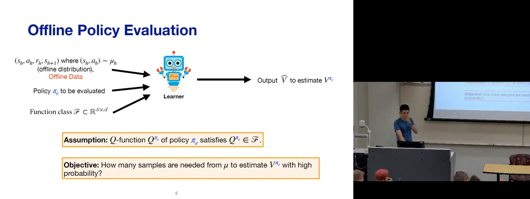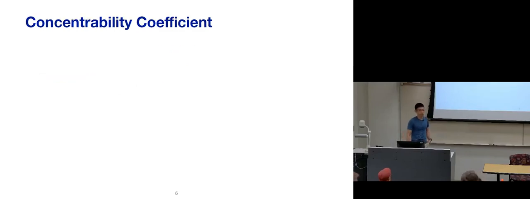What we're trying to do is, under the expected version, or maybe we can call it an L1 version, it's the expected value of the absolute value of v hat minus v pi e, and we denote this as the error of the approximation. So it's somehow like the L1. Okay. So for this offline policy evaluation, one quantity which is important to us is what we call the